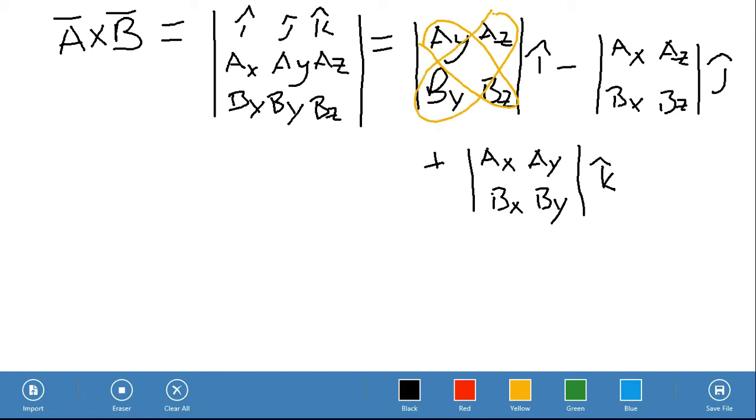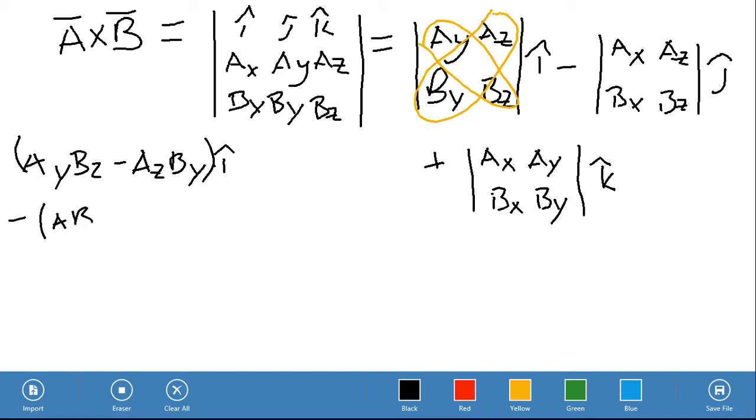So what this will end up being is ay bz minus az by, times the i hat component, and then we're going to subtract here, so minus, if you're looking at the j hat component now, ax bz minus az bx,